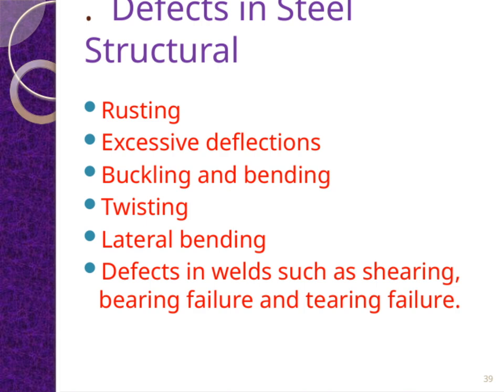Lateral bending is another concern, where the structure bends sideways, often due to uneven loads or forces. Moving on, we also need to be aware of defects in welds. These include shearing, which is a failure along a plane within the weld, bearing failure, where the weld can't support the load it's designed to carry, and tearing failure, which occurs when the weld material itself rips or tears under